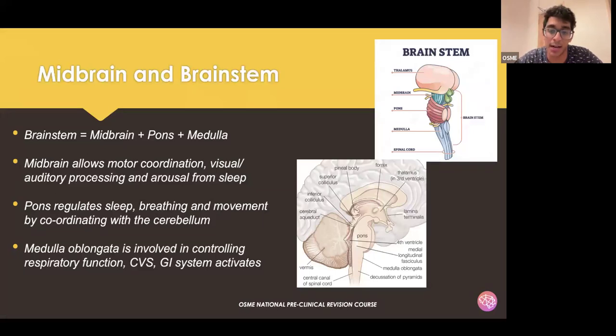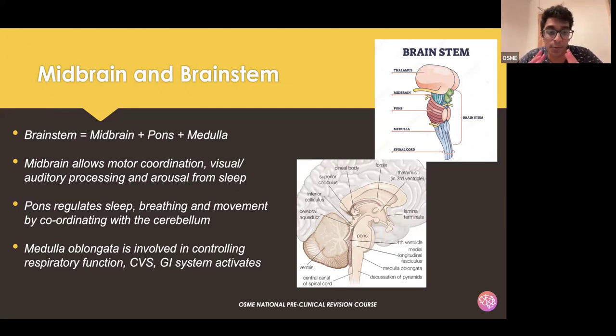You've got the superior colliculus, which is involved with vision, and the inferior colliculus, which is involved with auditory processing. Then you've basically got the bit above the pons, which does a lot of the arousal from sleep. Lots of things pass through the midbrain. For example, the reticular activating system arises from around the midbrain area